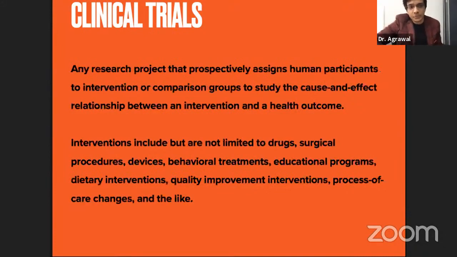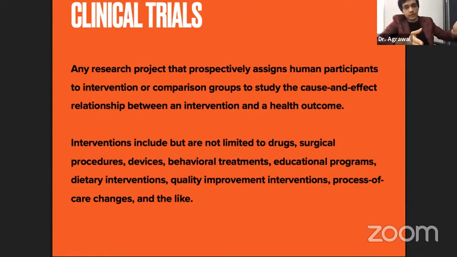It's basically any research project that is prospective. Prospective means if you are starting your research today and you are taking in patients as time goes on. Retrospective means that you have already, say, performed surgery on the patients. You are going back and seeking information about them. So that's the difference between prospective and retrospective, where prospective means you are taking on patients as time goes on. Retrospective means patients have already undergone surgery or undergone a particular intervention, and you are trying to get information about